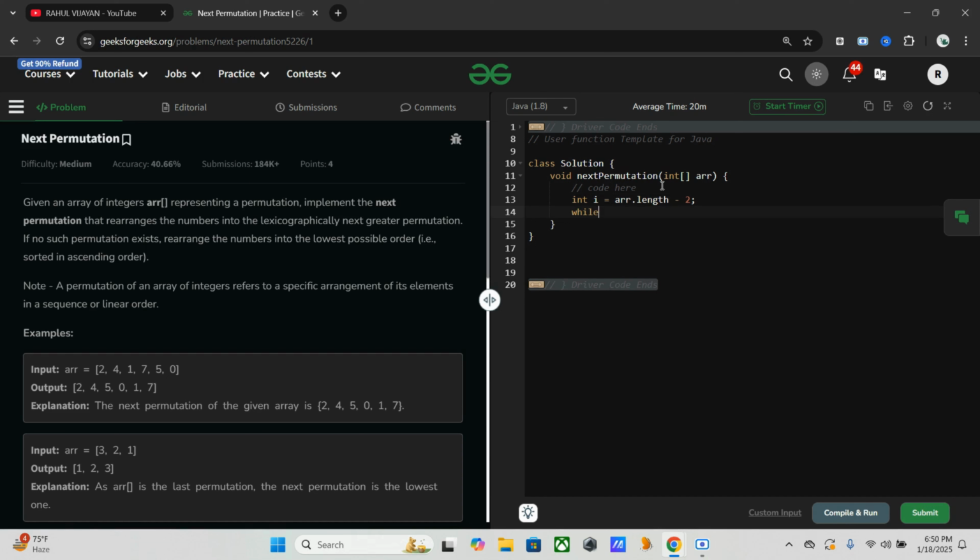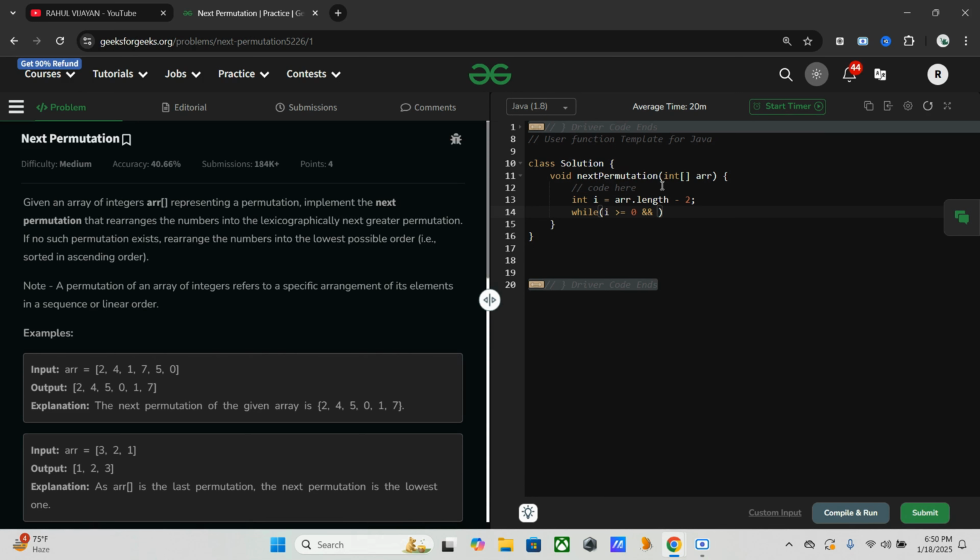And we are moving backward until we find an element array[i] that's smaller than the next one. If no such element exists, it means the array is in descending order and we need to return the smallest permutation. While i greater than or equal to 0